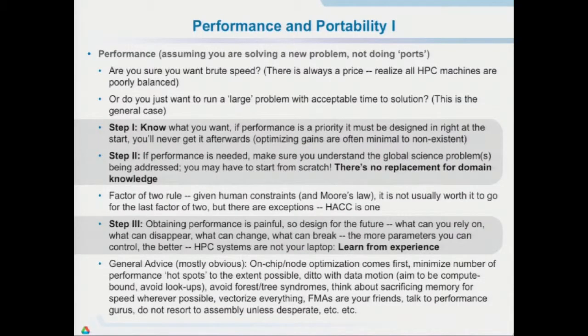Data motion has to be avoided. That's kind of obvious. One of the other things that I've found happen is the trees for the forest syndrome. And I think it's also a sort of work avoidance thing. Often what happens is you start saying, well, there's this one piece of code I really want to fix up and make it better and so on. And you spend a huge amount of time doing that when actually you could have spent your time more profitably on something else. This is related to trying to be too elegant sometimes. I think Infeld said very nicely that elegance is for tailors. So sometimes brute force works great, don't change it.